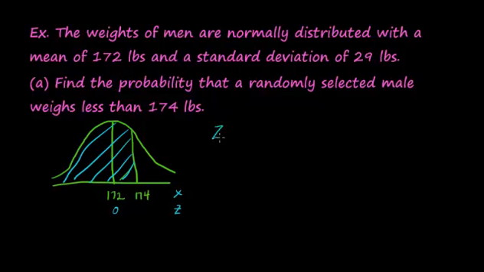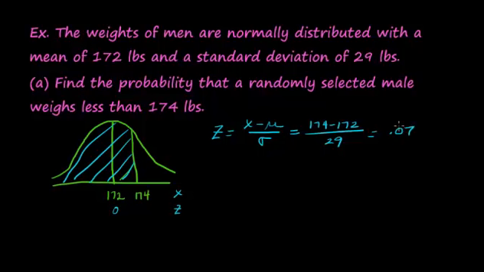So Z, recall, is equal to our value of interest minus the mean over the standard deviation. 174 minus 172 over 29. And this came out to be 2 over 29, or about, remember to 2 decimal places,